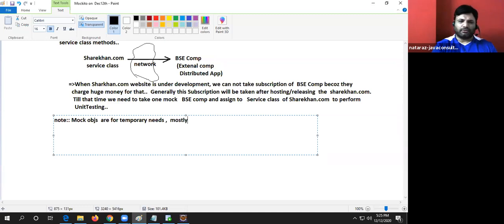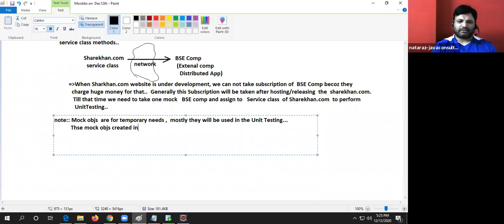Mostly they will be used in unit testing. I hope you are understanding my point there. Okay, fine. Mostly they will be used in unit testing, right? These mock objects